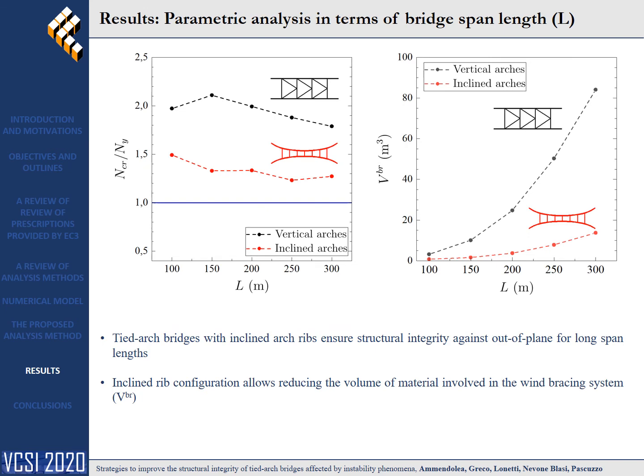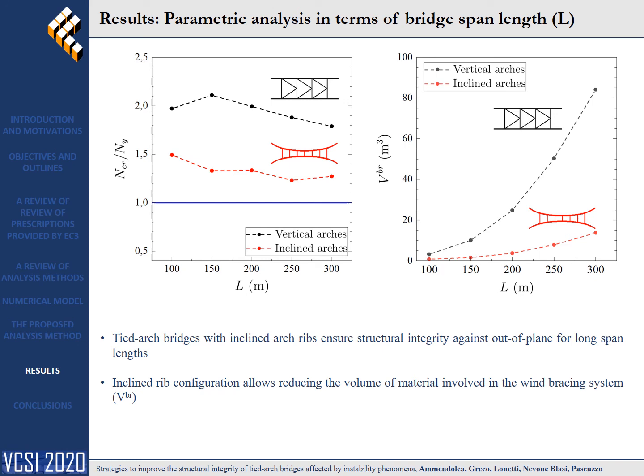Here we compare inclined and vertical tied arch bridge configurations for increasing span lengths, from structural and economic points of view. In particular, with regard to the economic aspect, the study focused attention on the overall amount of steel involved in the bracing system, which represents one of the most expensive parts of the entire structure due to the high cost of the manufacturing process per unit of volume. The results show that arc rib inclination can be efficiently employed in the field of large spans, since the bridge presents excellent structural behavior. In addition, arc inclination ensures significant economic benefits, since the overall amount of material needed for the bracing system is lower than that required for the traditional scheme